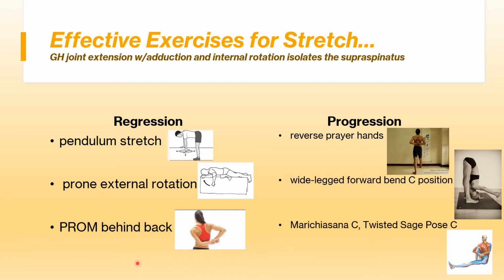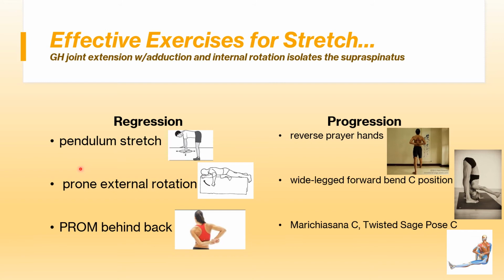Effective exercises for stretch. So when we take the glenohumeral joint into extension with adduction and internal rotation, we isolate the supraspinatus muscle. And I pulled this information directly from our textbook. Some simple stretches, starting with the regressions or the modifications. These are some physical therapy stretches that could be done if a positive test was given for maybe shoulder impingement